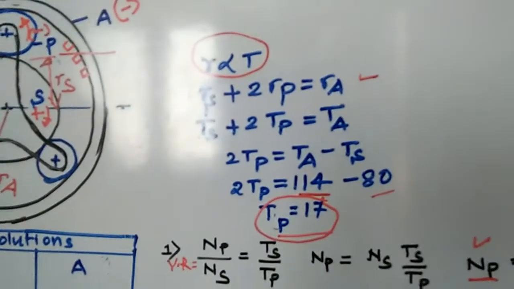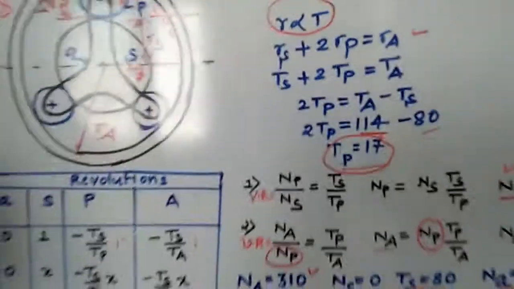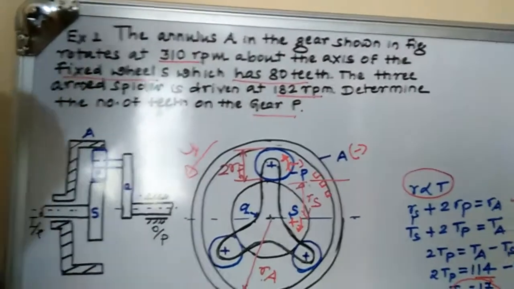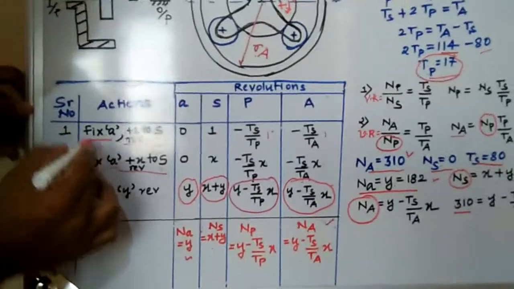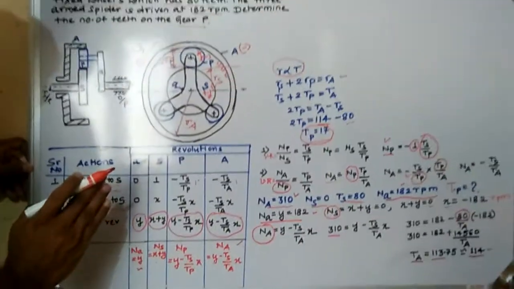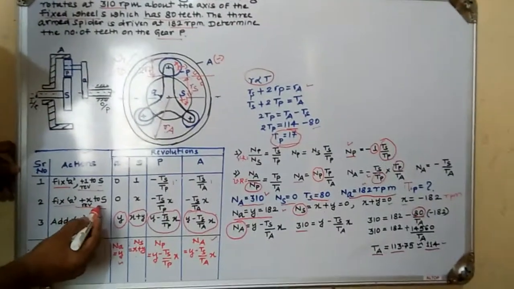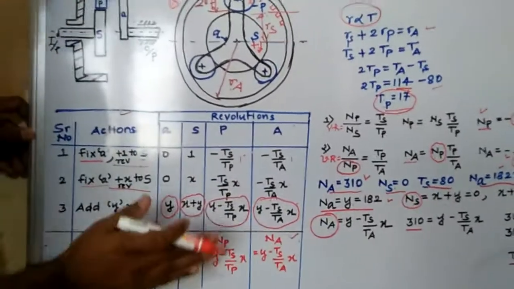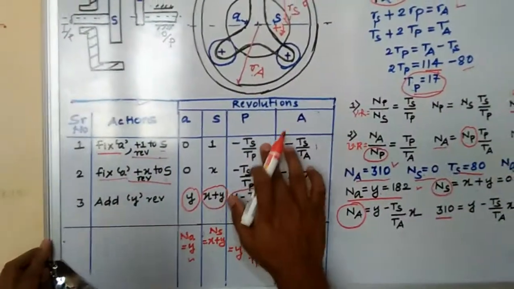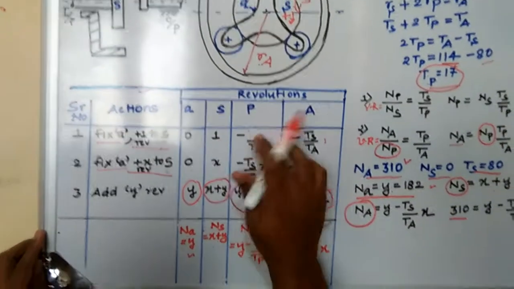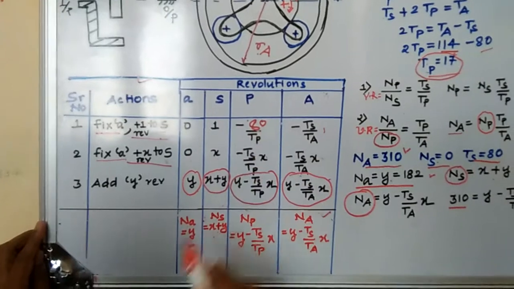Once again I will make some conclusion in this case. Before this, what things are given, don't worry about that. First you have to create a table with respect to this concept. You have to fix the arm and give one revolution to one of the gears. Then, fixing the arm, give X revolution to the other, and you have to complete this procedure. Sometimes we can directly put the values here also. Directly Ts, the number of teeth, you can put here. In this method also you can calculate it.